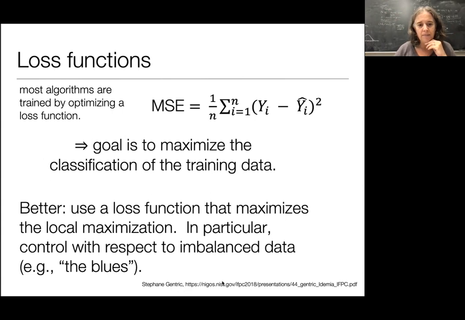So Gentrick, they're talking about using a loss function that maximizes a local optimization, and in particular to control with respect to the imbalanced data. It's interesting because it's not totally clear to me that it won't have the same problems that I spoke to when we were talking about reds and blues with respect to laws and policies which protect classes. So laws and policies which say we're not allowed to build our models with respect